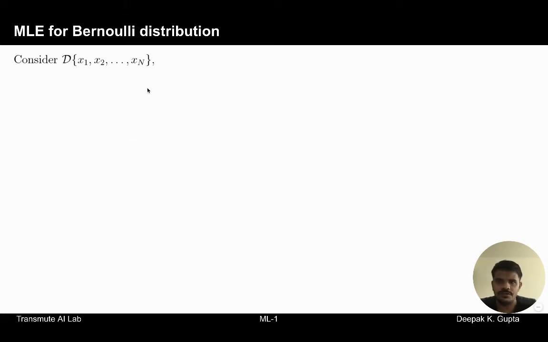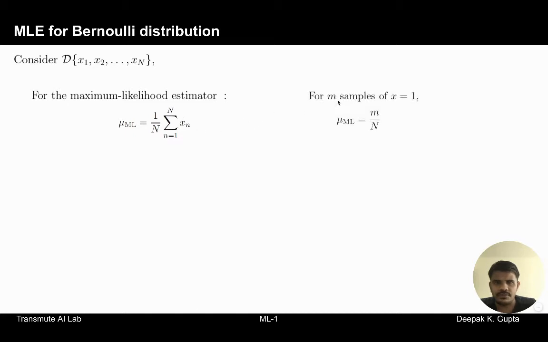We will talk with respect to the binomial distribution. So we have a set of observations x1 to xn, and we have discussed in the previous module that the maximum likelihood solution is this. What this implies is that for m samples of x equal to 1, so if the random variable x holds a value of 1, and if there are m samples of this, then the probability can be denoted as small m over n, where n is the total number of observations. This is the maximum likelihood solution.